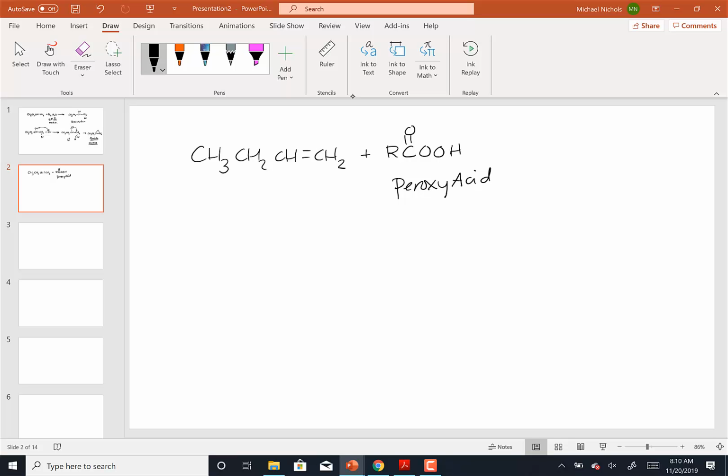So a carboxylic acid is a C double bond O OH. When you add an extra oxygen to things, it's always a per. Example, HOH is water. I suppose you could call it hydrogen oxide or dihydrogen monoxide, which you'll sometimes read in spoof